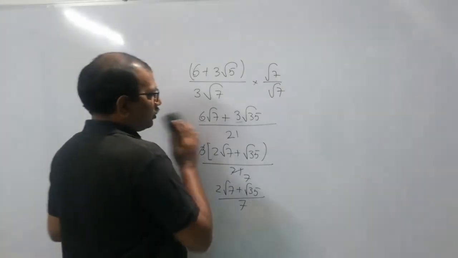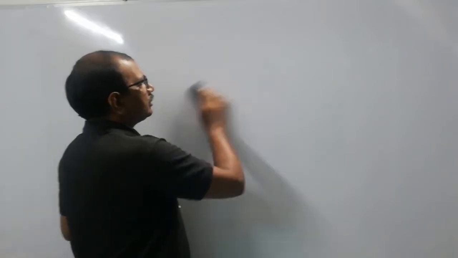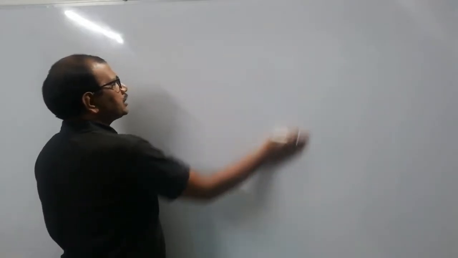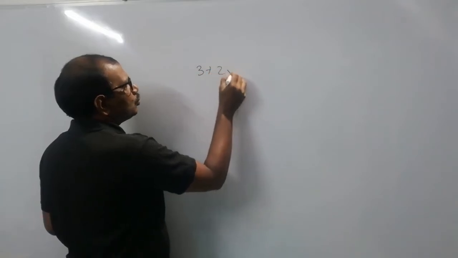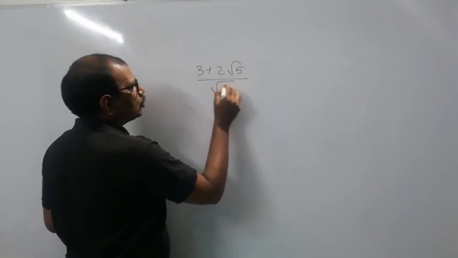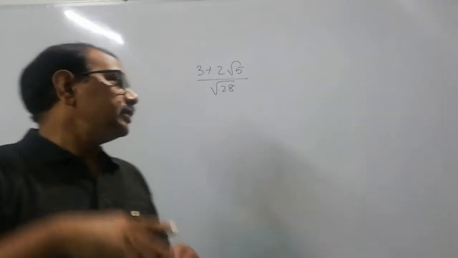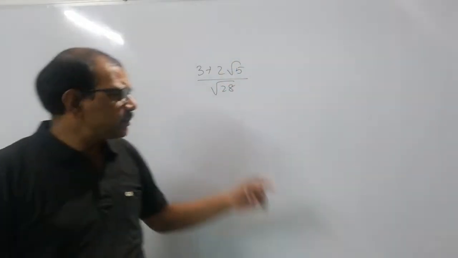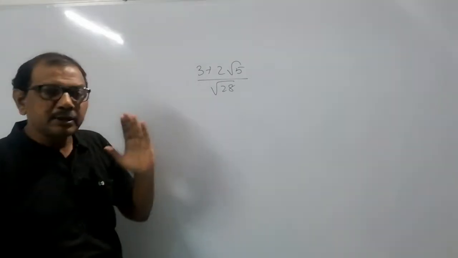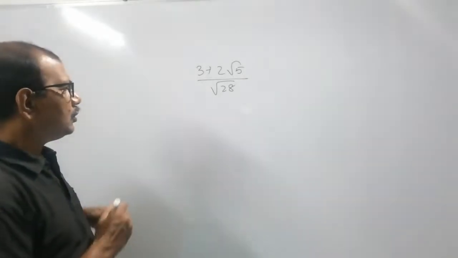Now we may come across a situation where the denominator is not rational, it is irrational only, but suppose a slightly different type of question. So (3 plus 2 root 5) divided by root 28. Now the thought that comes to our mind is that since the denominator is root 28, we'll multiply the numerator and denominator by root 28. But suppose I simplify the denominator, then I can separate the rational part and the irrational part, right? So root 28